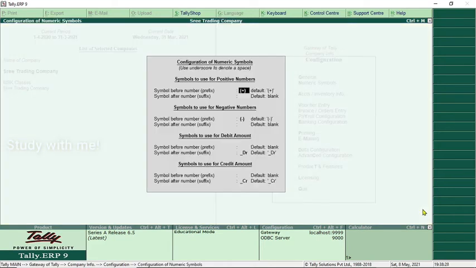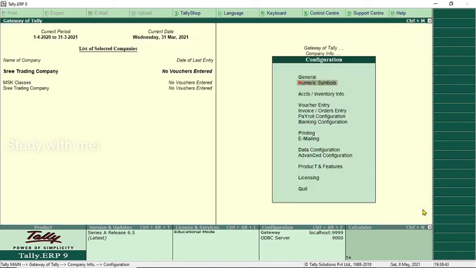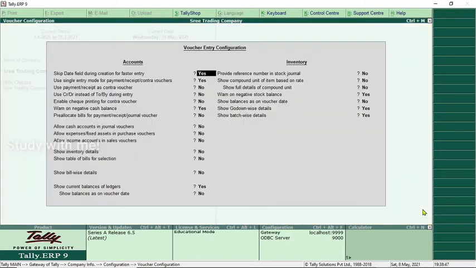Number symbols: if you want to change something, we can change it, such as the symbol for debit amount, credit amount, and negative or positive numbers. Then voucher entries: skip date field during the creation of vouchers.